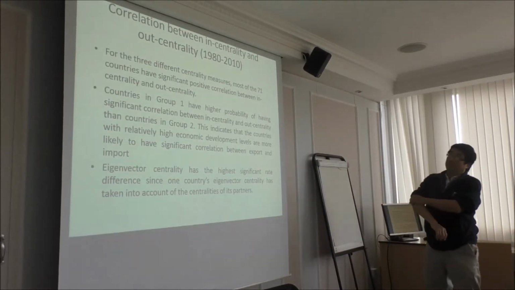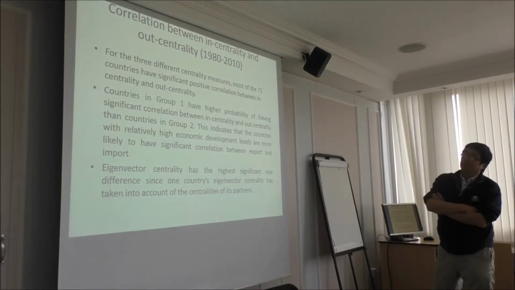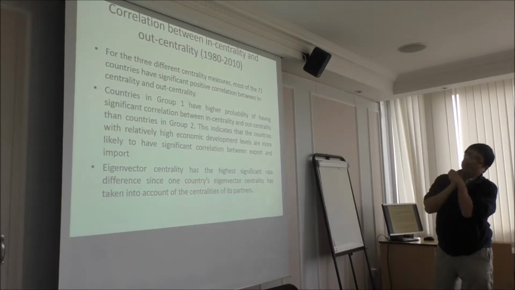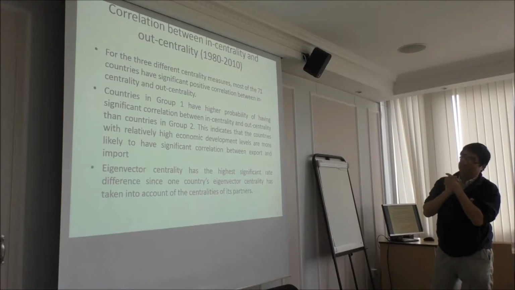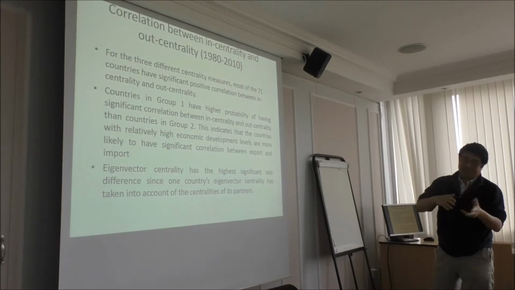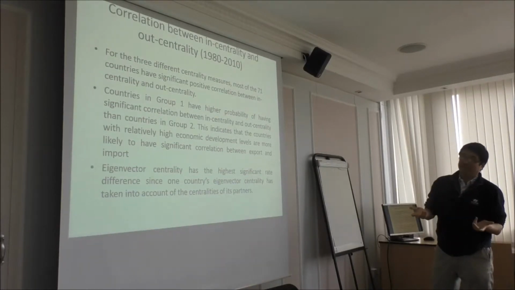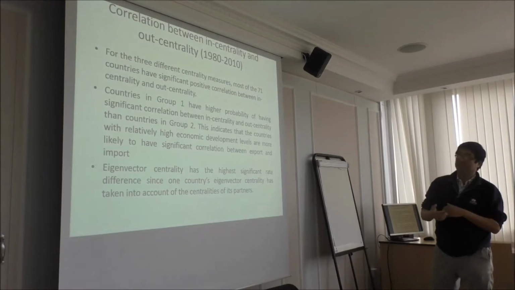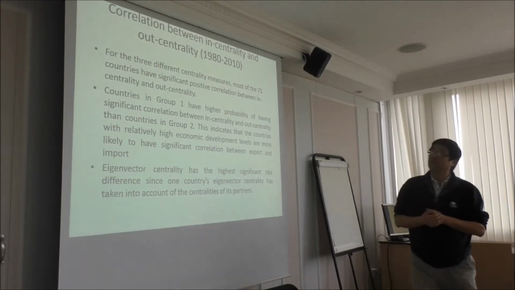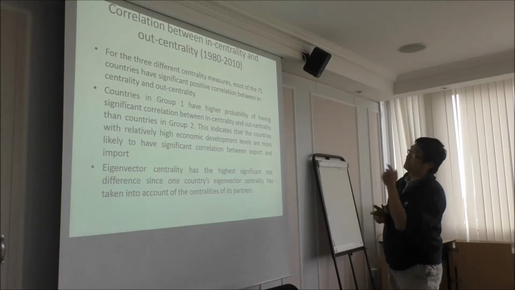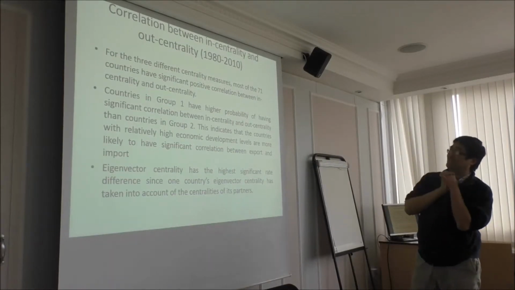And then once we understand that, well, as I said, the random walk centrality doesn't show much difference. It is the degree, how much you trade, and also the eigenvector, so what your trade partners are, that are important in this story. For the 3 different centralities, well, this is kind of a summary.